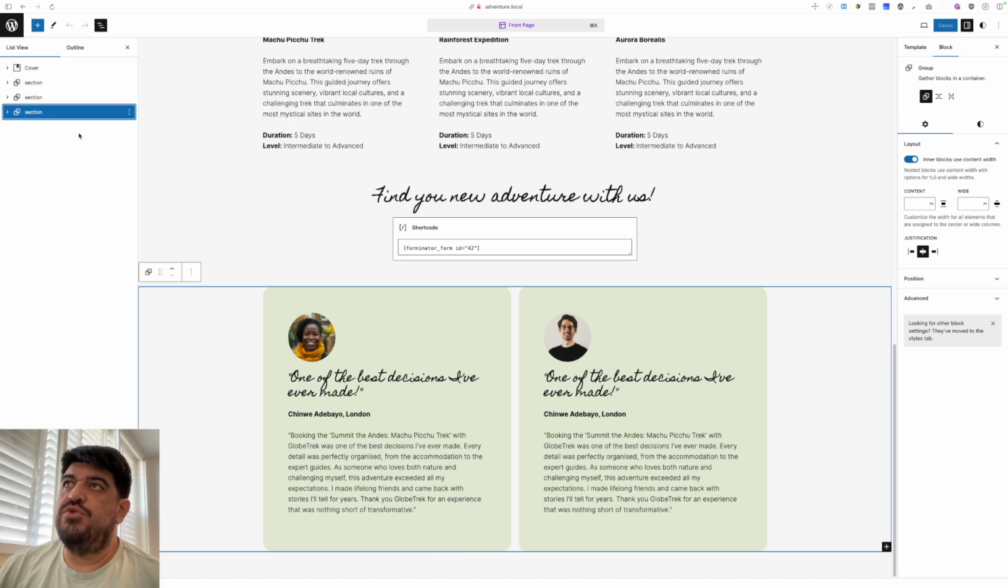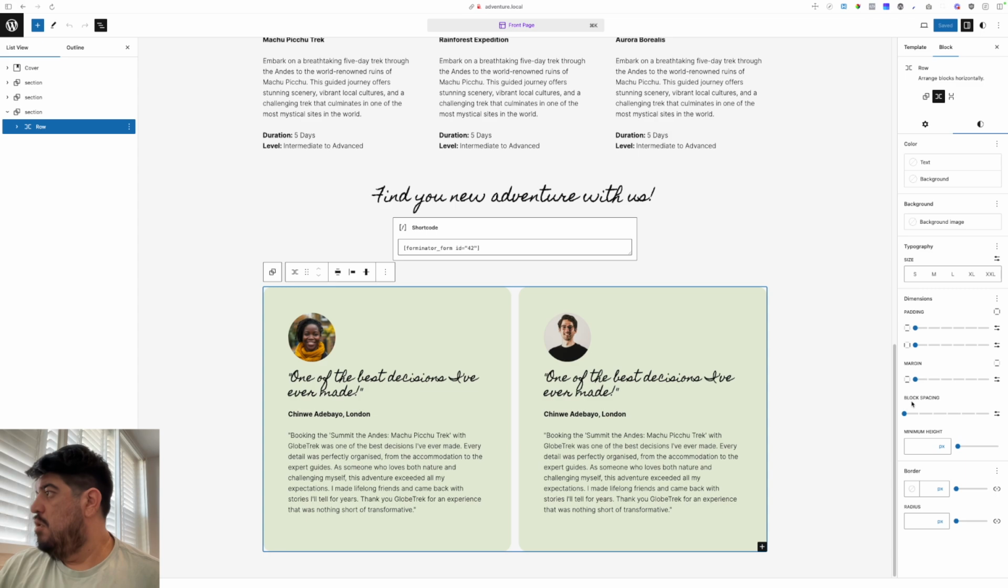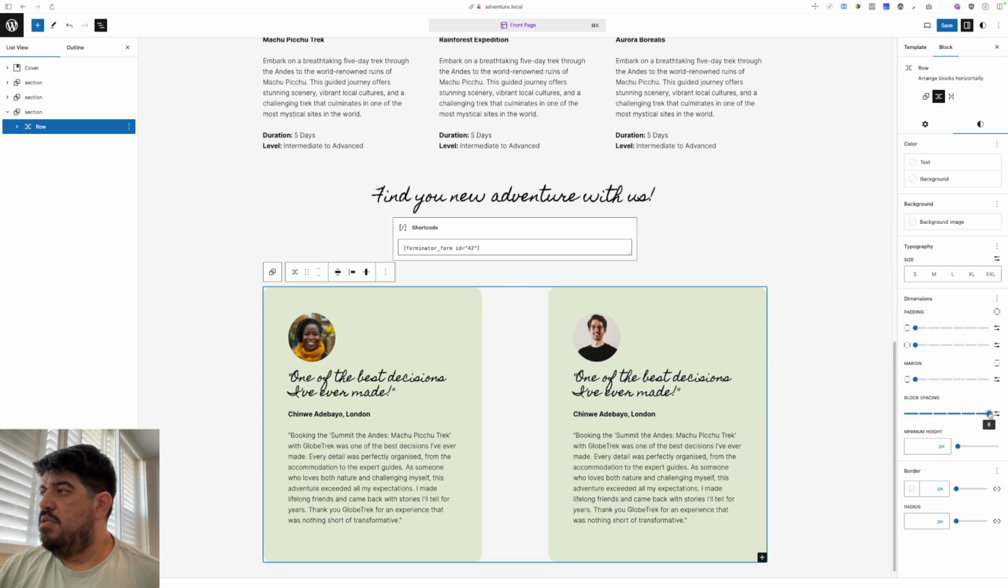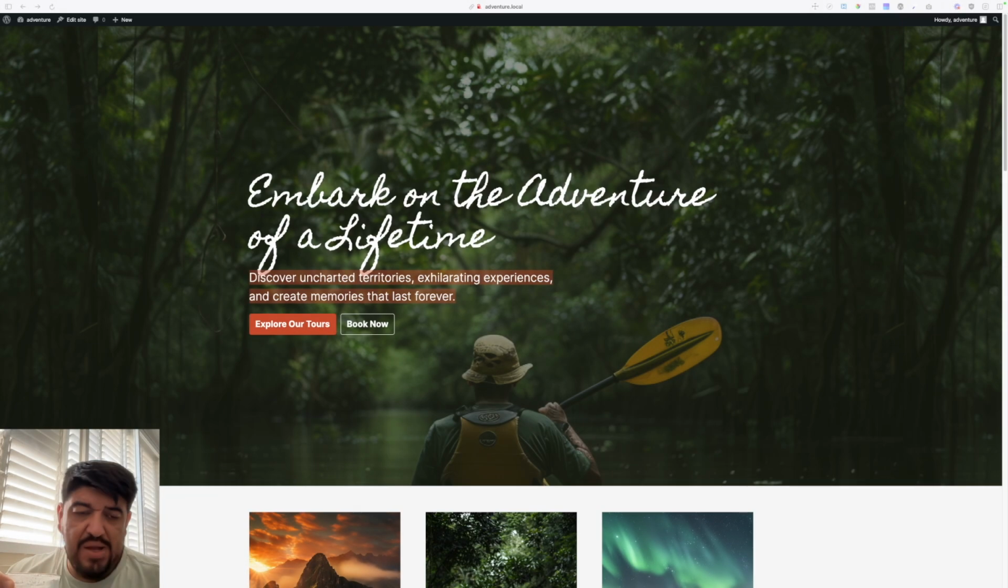What else do we need? A row, some block spacing to make these cards nice. Not that much. 4. Just keep consistent stuff. Well, this is